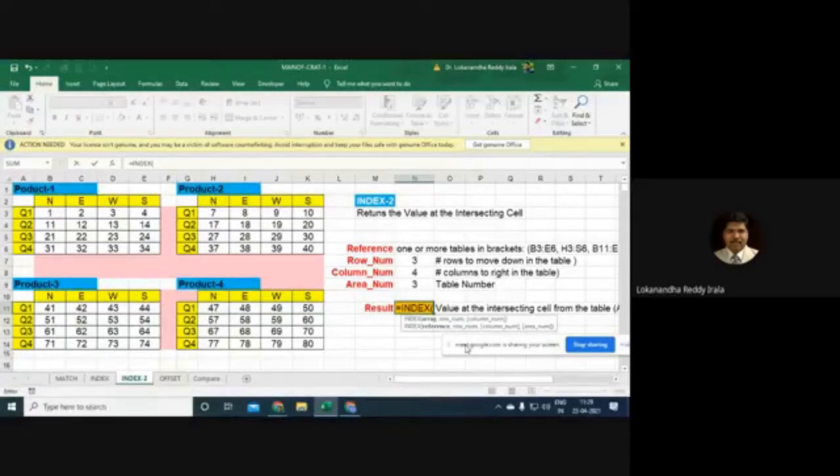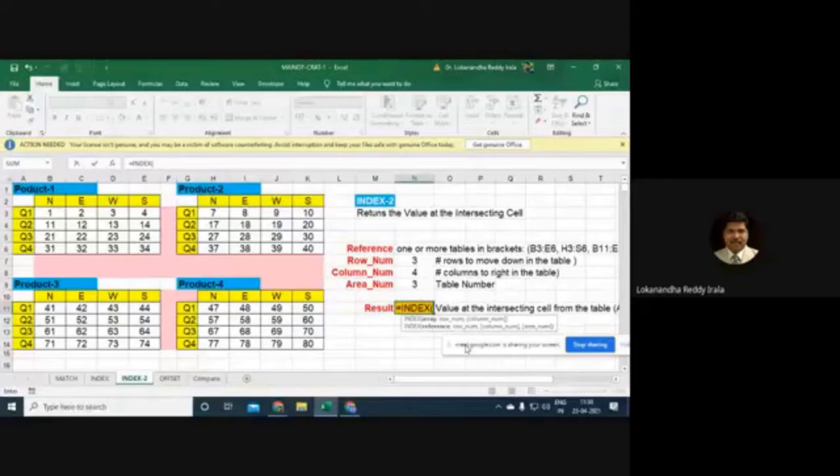So I can give all four tables in the reference of the index function. Then I can choose the table from which I need the intersecting value. That means instead of writing four different index functions to read from the four product tables, I can read from all four tables, picking up one table at a time.